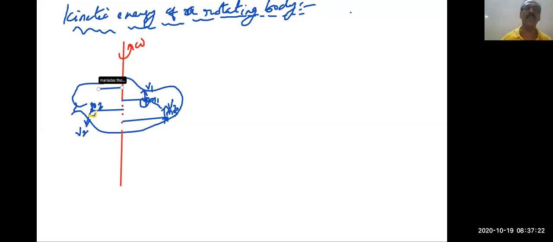This is coming outward again, isn't it? See, it's coming outward with a velocity V4, particle M4. This is R4, this is R1, this is R3, this is R2. Like that, we can mark n number of particles, isn't it? Now, the kinetic energy of the first particle